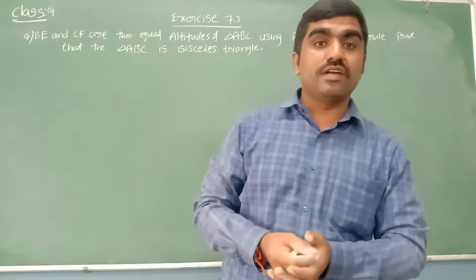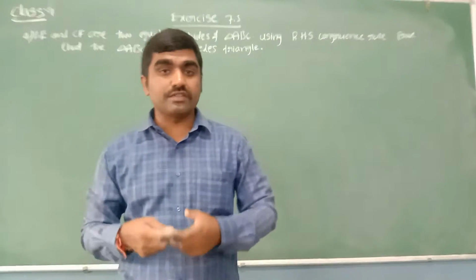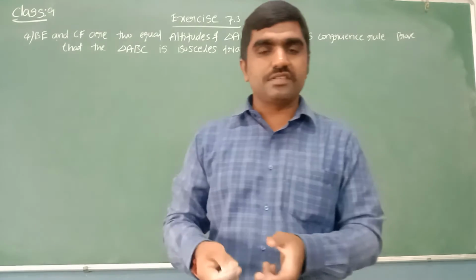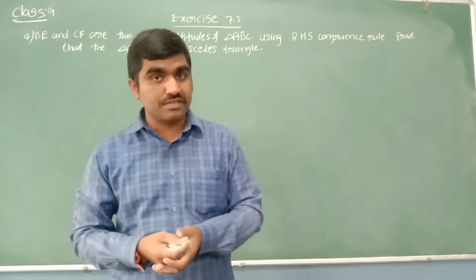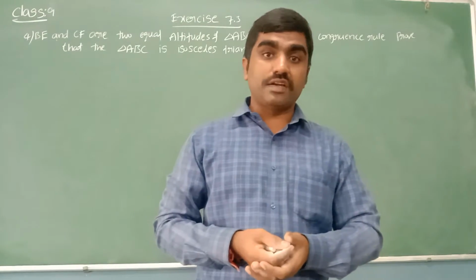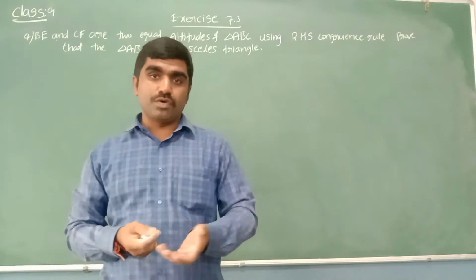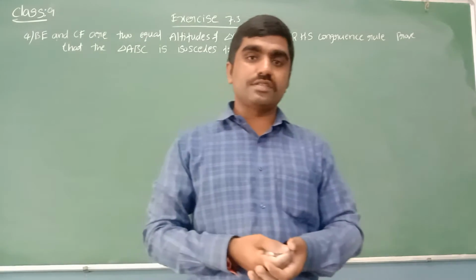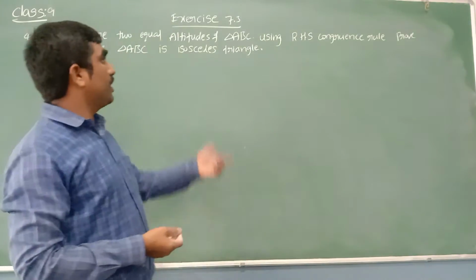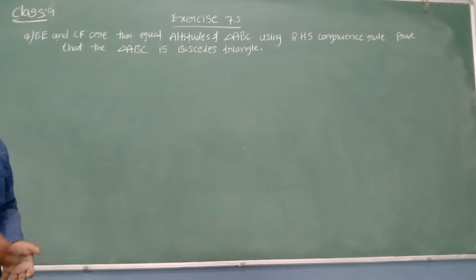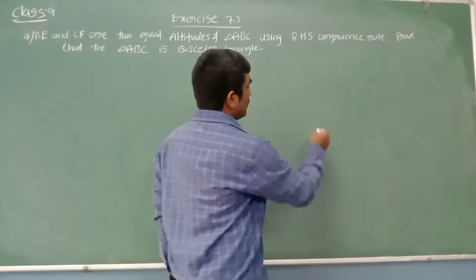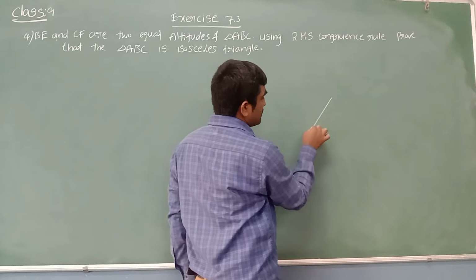See, last class we learned the congruency rules like SSS, SAS, ASA, AAS, RHS. We learned congruency criteria and also we solved a few problems based on the congruency of triangles. And in today's class, let us see one problem here. These are the problems based on the concept. We will recall the concept once here.